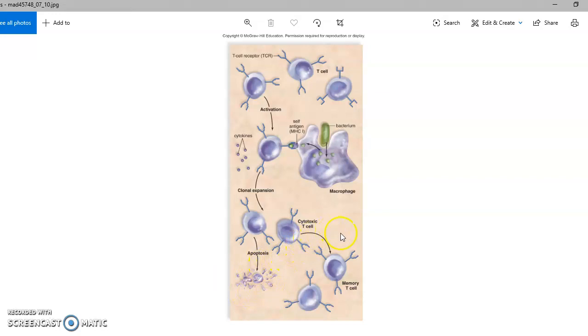But just like with B cells, they can't be around too long. They have to have a memory T cell that would help remember that infection should it come back. There are also helper T cells that help this process along by producing cytokines, they're messenger molecules, and suppressor T cells, which turn the system off because you don't want it running when you don't have an infection to